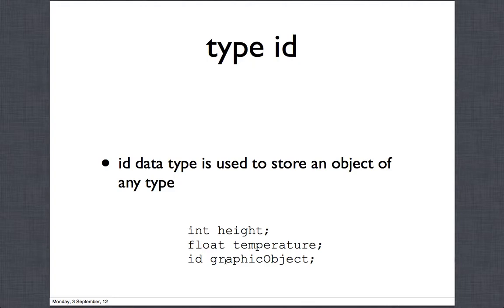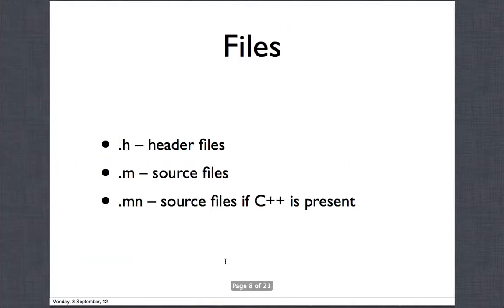This is a great way, and it makes programming much easier, because now if you don't know what to expect, maybe you're receiving some object, you don't have to think, you don't have to consider all the possibilities. You can just say it's ID, and I can take any type of the object. Now with files,